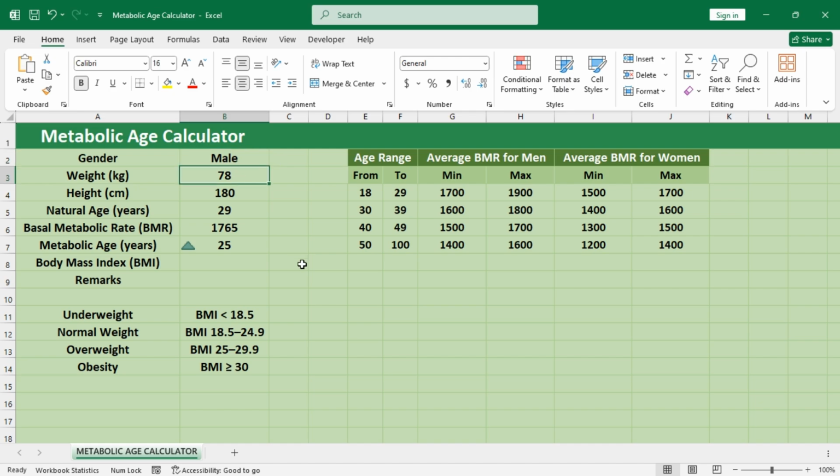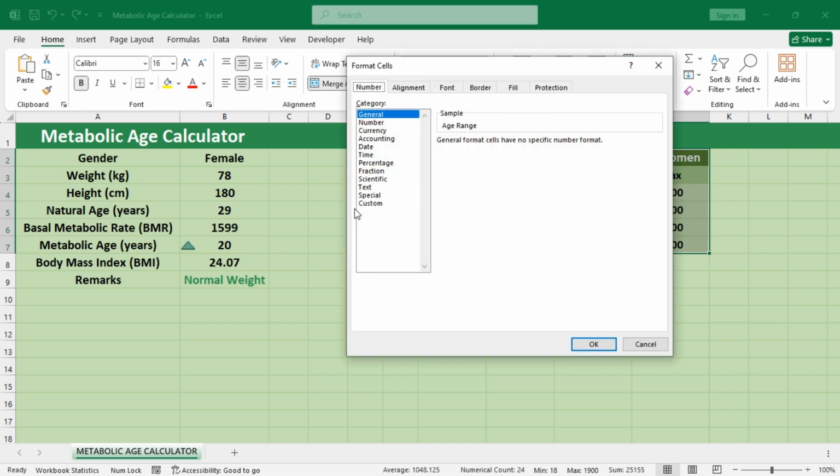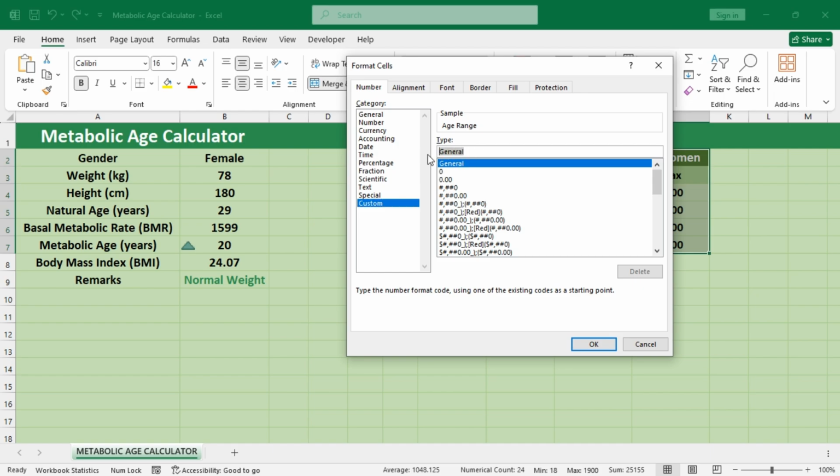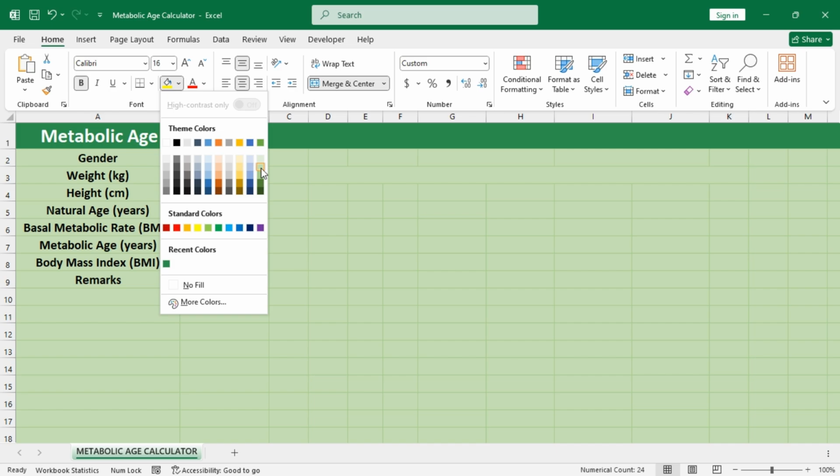If I change the weight to, let's say, 90, it is working. Let's change it to 55. Yes, it is working. You can keep this or you can hide this too if you want. Let's say, and change the fill color to